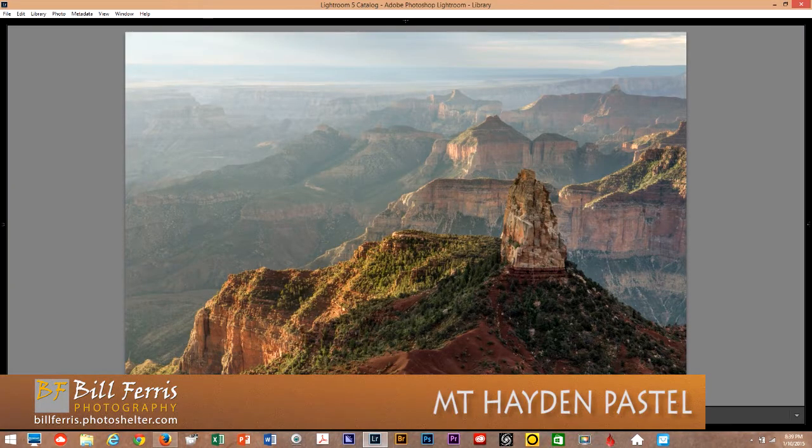Photograph number 4 is titled Mount Hayden Pastel. This is a photograph I made during a July 4th road trip to the north rim of Grand Canyon. This was a weekend trip, and I chose that weekend to go up to the north rim because the July 4th weekend is historically the first of the summer monsoon season in the desert Southwest, at least in this part